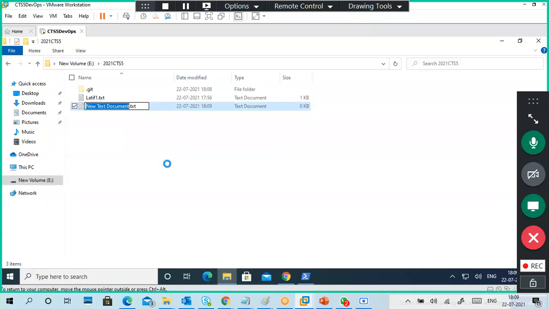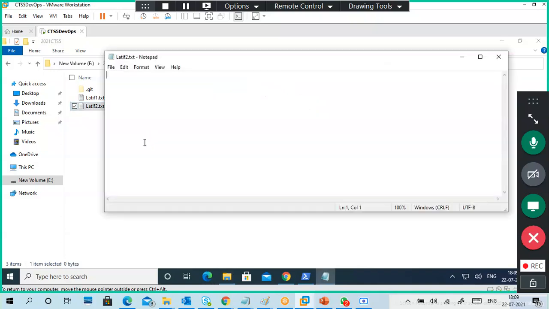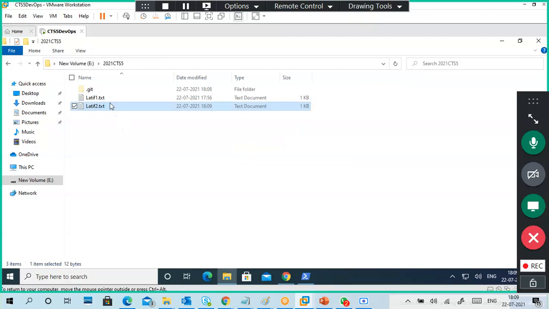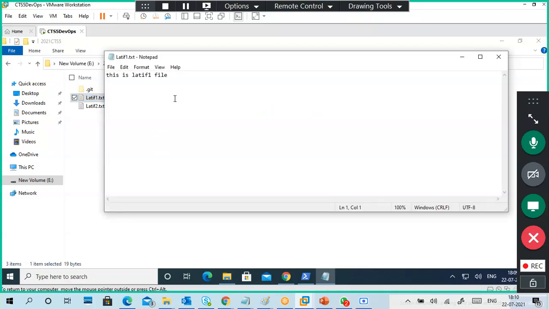Okay, so file f2. I created one file, and also I'm modifying the existing one.